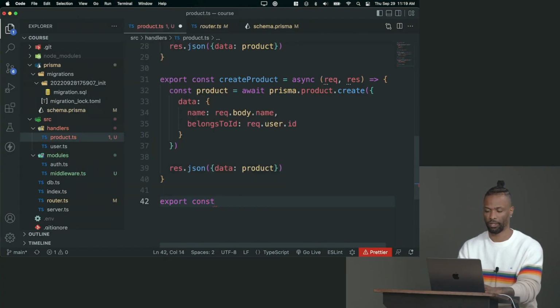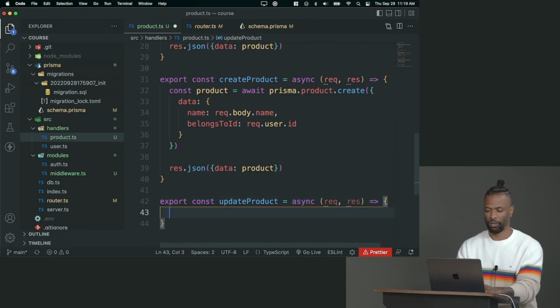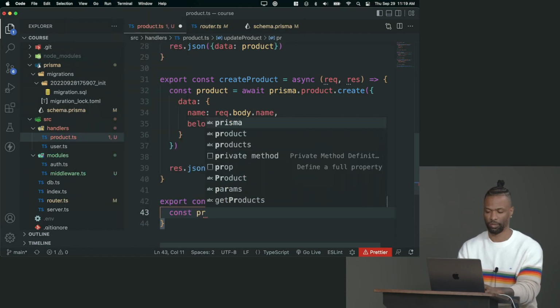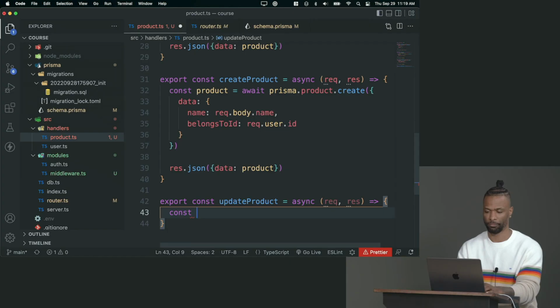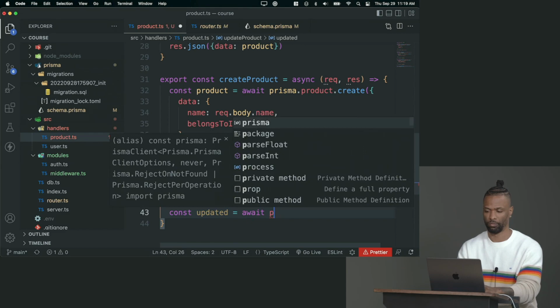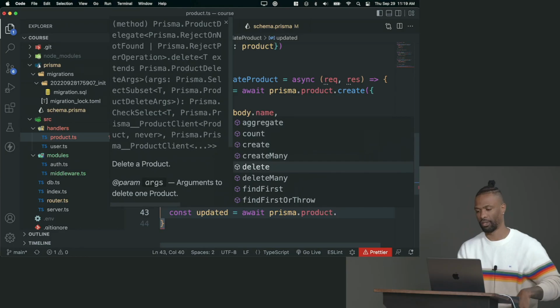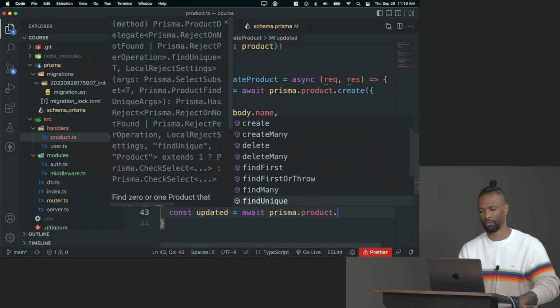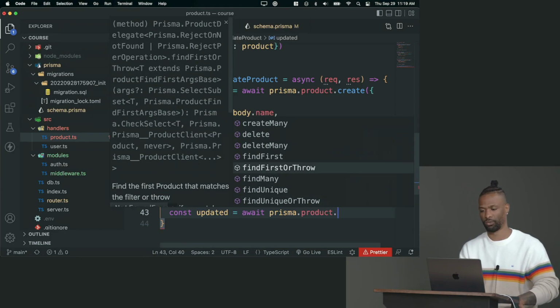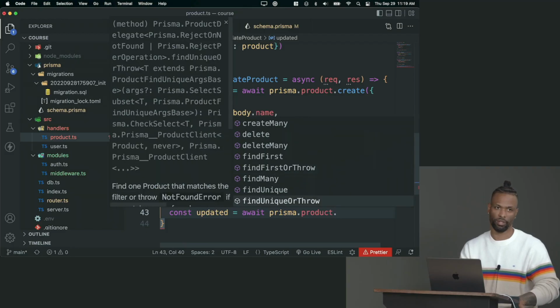So let's just say update a product like so, async, req, res. So to update, there's so many ways you can do it in Prisma, but we can try it this way. So I'll say await Prisma.product dot, and if you just hit dot on that, you can see all the different methods they have. Like for instance, find first or throw. This is really good. Or find unique or throw. I really like this because